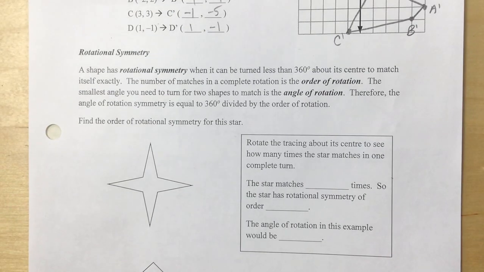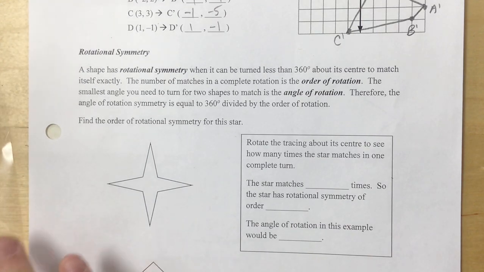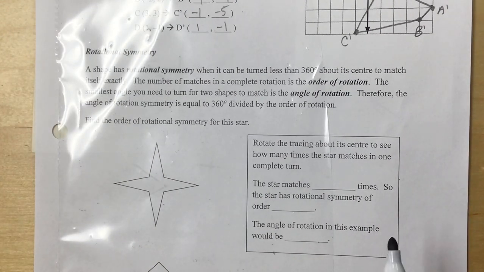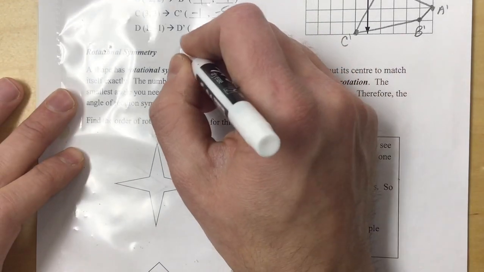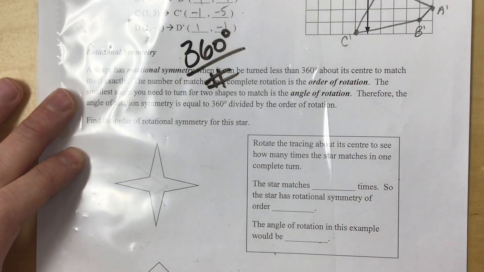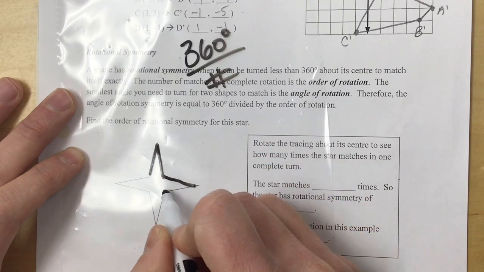Okay, rotational symmetry. A shape has rotational symmetry when it can be turned less than 360 degrees about its center to match itself exactly. The number of matches in a complete rotation is called the order of rotation. The smallest angle you need to turn for two shapes to match is the angle of rotation. Therefore, the angle of rotation is 360 degrees divided by the number you come up with. So here's how you can figure this out. Just trace your shape